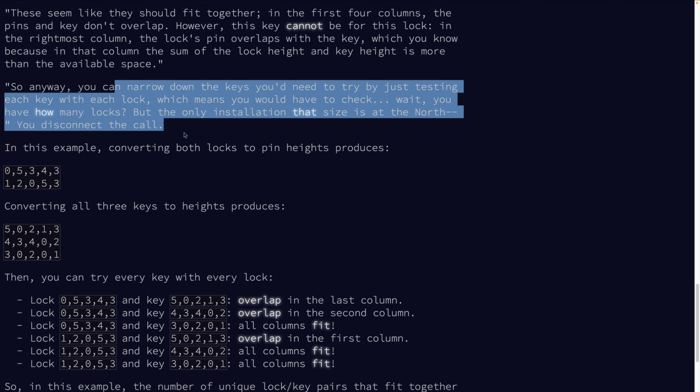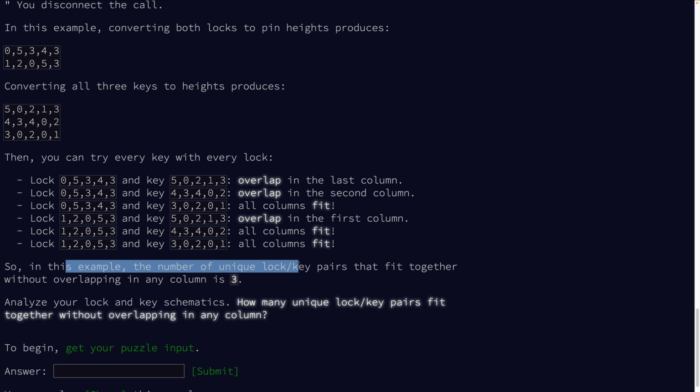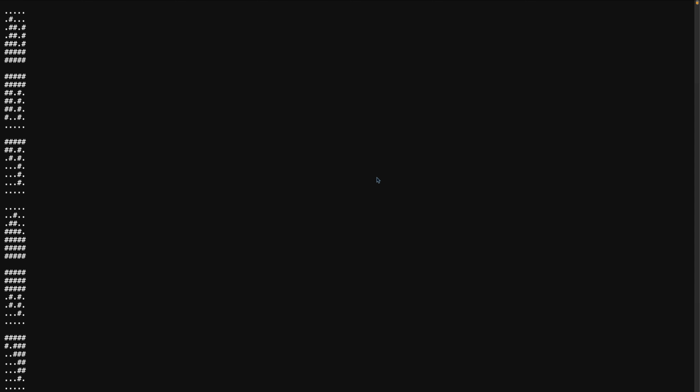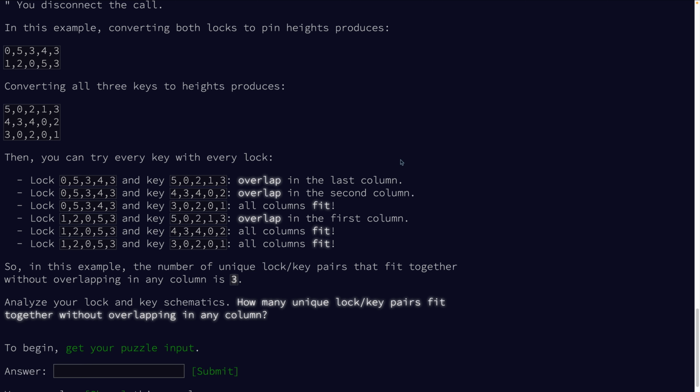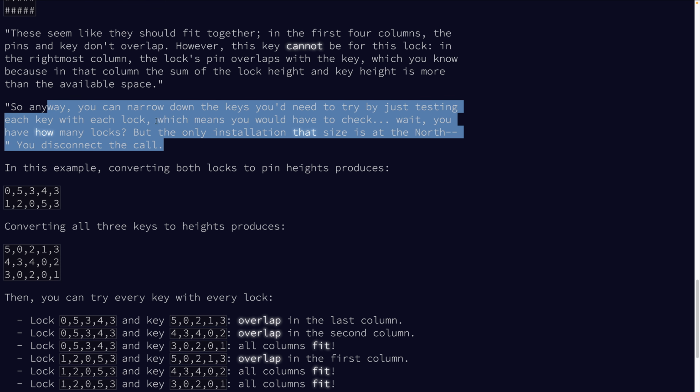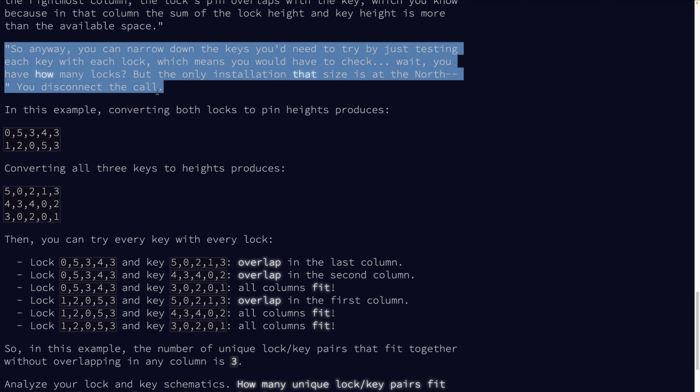Apparently, there's a lot of them. So in this example, the number of unique lock-key pairs that fit together without overlapping in any column. So without overlapping, but not necessarily exactly fitting. And we have a whole ton of them, so we're going to need some form of a parser here. So I guess let's start reading them in. I don't know why this says this. This is kind of implying that we have too many to actually just check manually, but I guess we'll